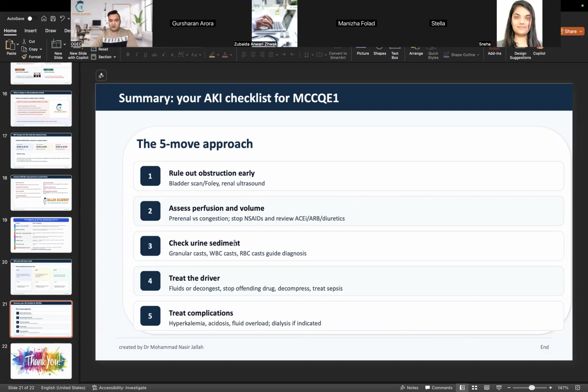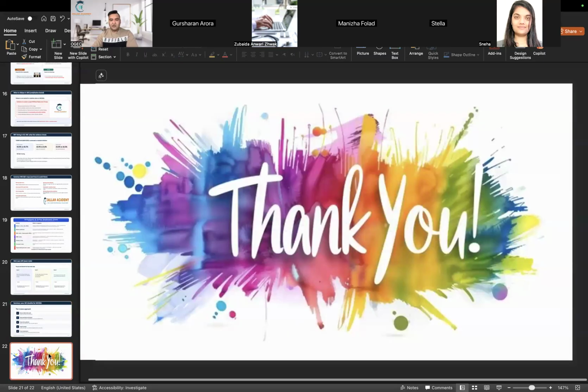diuretics. Check urine sediment: granular cast, WBC cast, RBC cast. We know that, right? So treat the driver, whatever caused it, treat that, and treat the complications, usually the hyperkalemia and acidosis. Out of all of them, hyperkalemia will be very commonly tested. And that's the end. I hope you guys